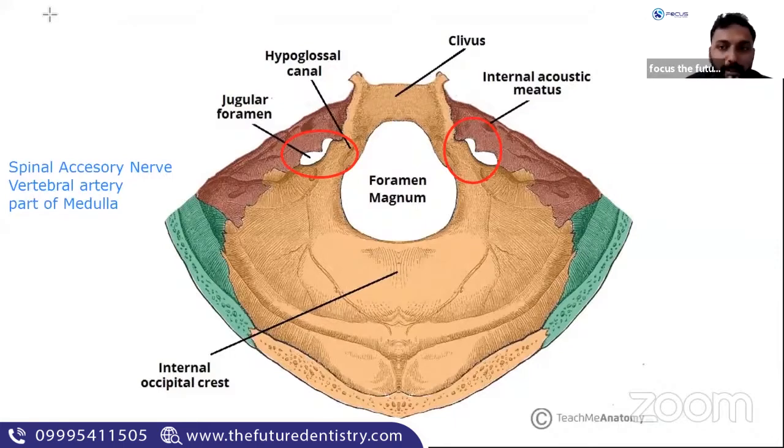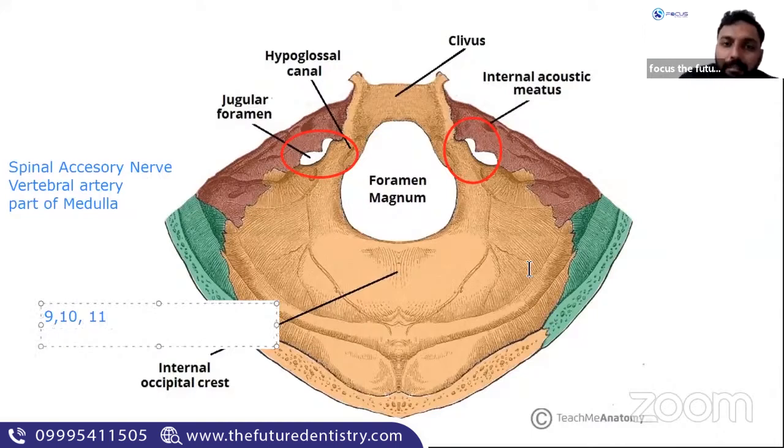Yes, Amrita, IJV. What is IJV? Internal jugular vein. You would have heard of external jugular vein, internal jugular vein. The term jugular vein is named for a vein which comes out through this jugular foramen. So the internal jugular vein comes out through this jugular foramen. Apart from that, what else is there in the jugular foramen? Cranial nerves, very important: 9, 10, and 11.